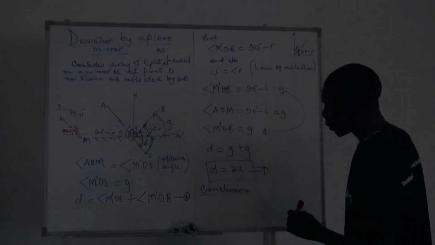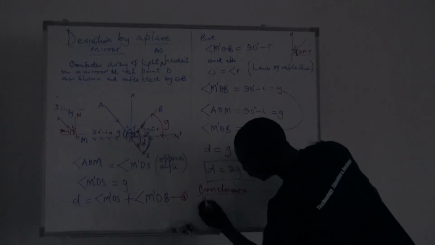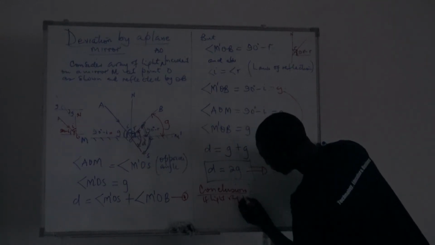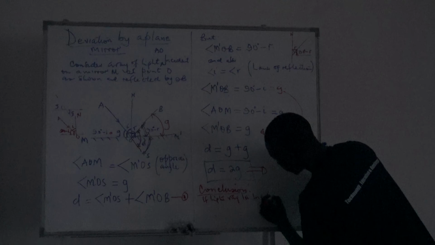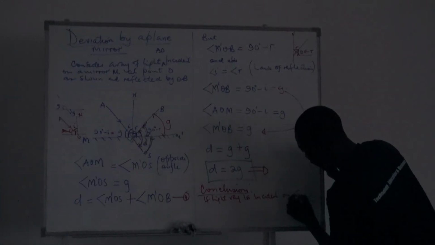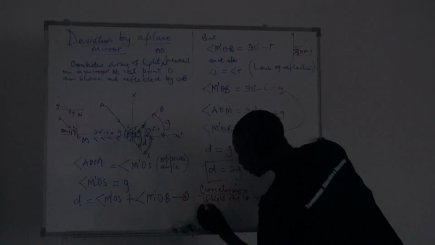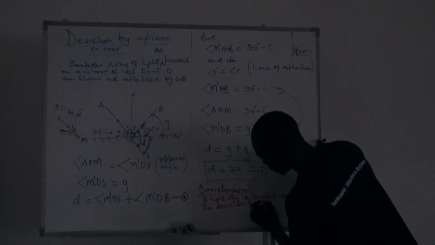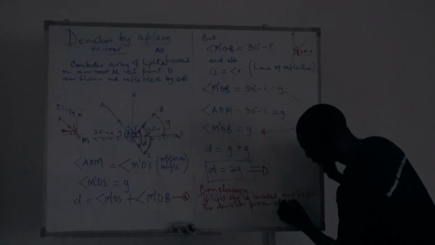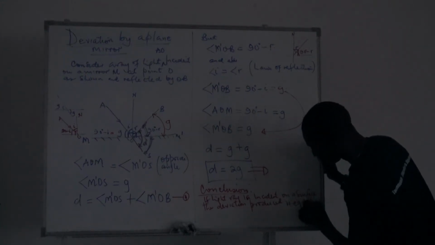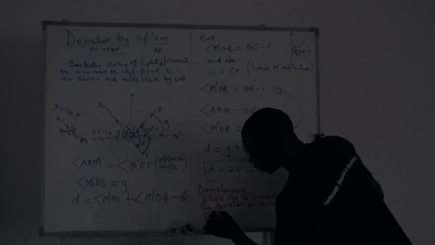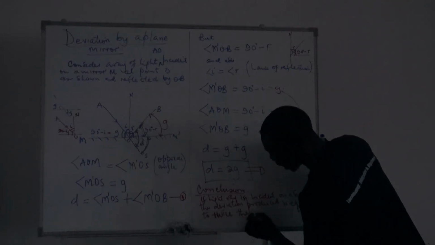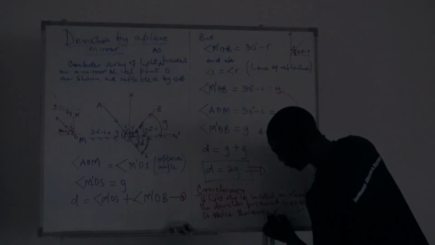Which conclusion can we make from there? We can draw a conclusion that if light ray is incident on a surface, the deviation produced is equal to twice the angle of